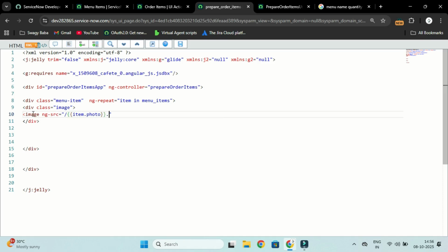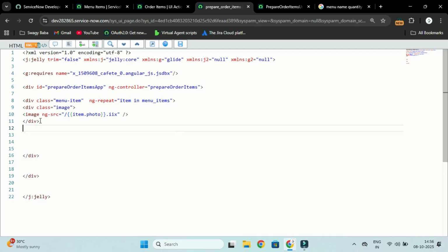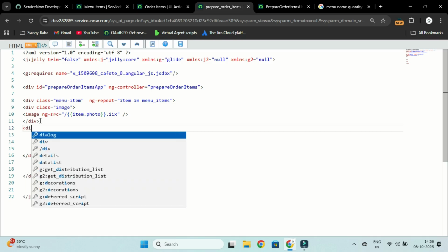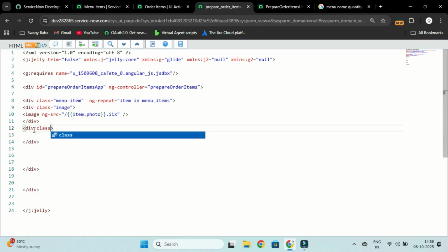So to display that, we have to concatenate with .iix, and make sure that you are putting this prefix slash, by saying that it is from a relative path, and after that